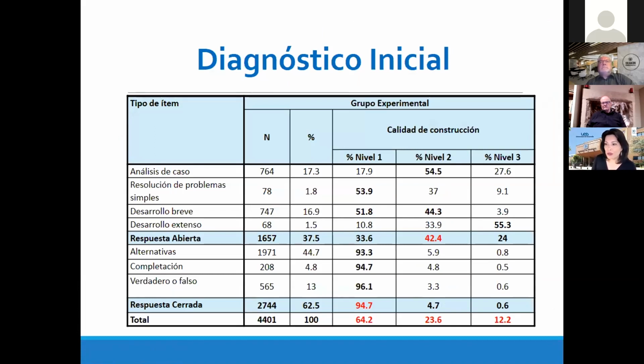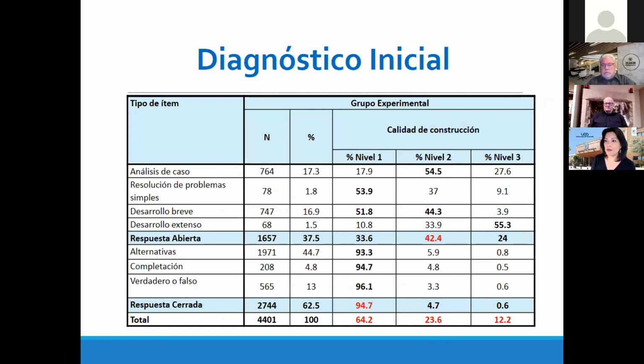Nosotros en nuestro proyecto, el año 2015, analizamos, como les decíamos, 4.401 ítems, y los clasificamos en estos 3 niveles. Aquí aparece el nivel 1, la primera columna, el nivel 2 y nivel 3. Si se fijan, de los 4.401 ítems, si los clasificamos en ítems de respuesta abierta y cerrada, el 37,5% es de respuesta abierta, el 62,5% es de respuesta cerrada, en alumnos de 3er y 4.º año, de las 6 carreras